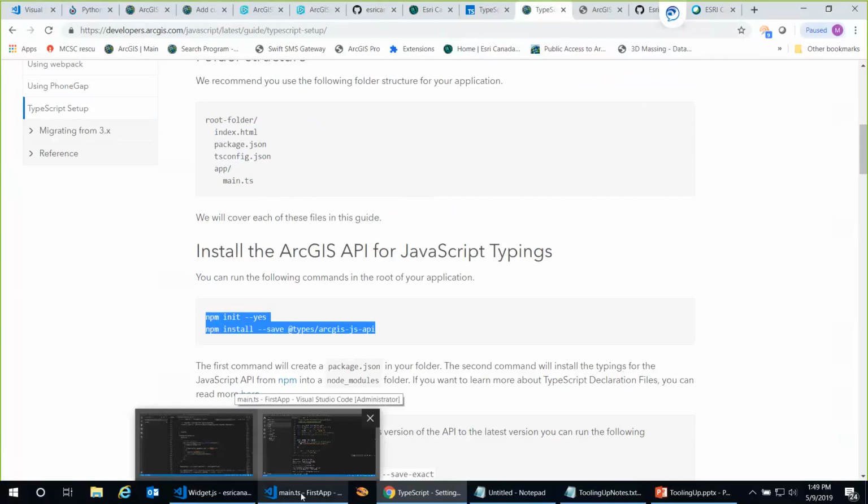Some of you may be doing TypeScript development already, some of you may not be. As we progress through releases of our developer technology, on the JavaScript side, the dev team in Redlands, they all use VS Code and TypeScript to actually build the API. Web App Builder Developer Edition currently does not support TypeScript. It's just plain Jane JavaScript, but